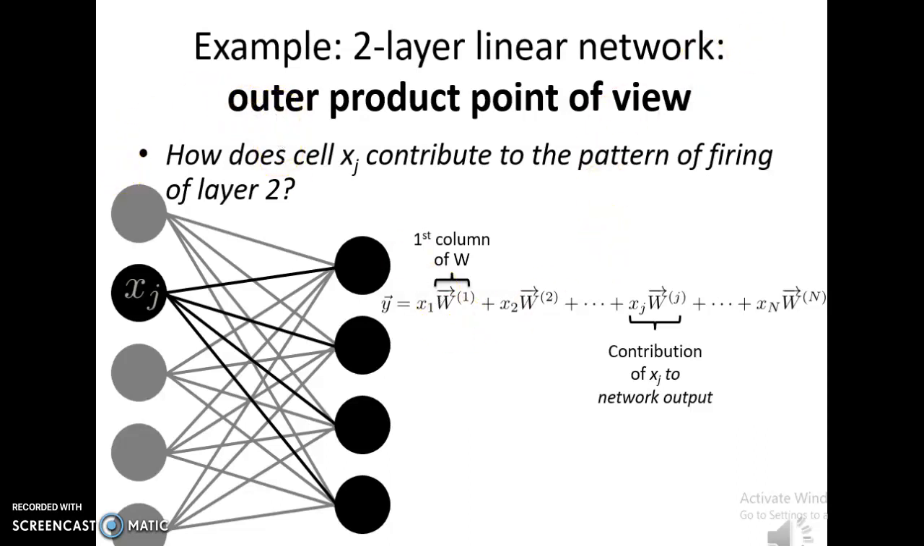Example: same two-layer network, outer product point of view. How does cell xj,